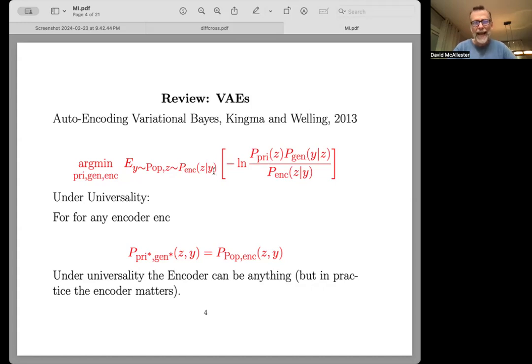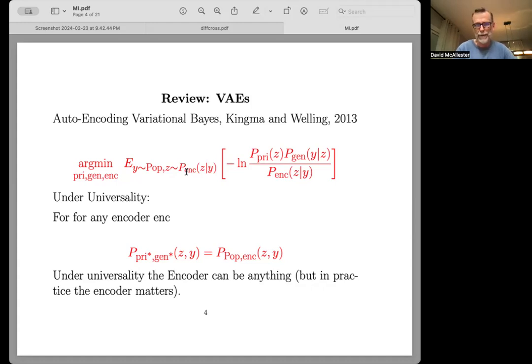And this is a joint distribution on Y and Z. This, in the numerator, is a joint distribution on Y and Z. So if we just leave the encoder fixed, then that's a fixed term in the objective function. We can take that out. It just becomes an additive term that's fixed if we fix the encoder. And so for any encoder, the optimal prior and generator is the prior and generator that exactly matches this distribution